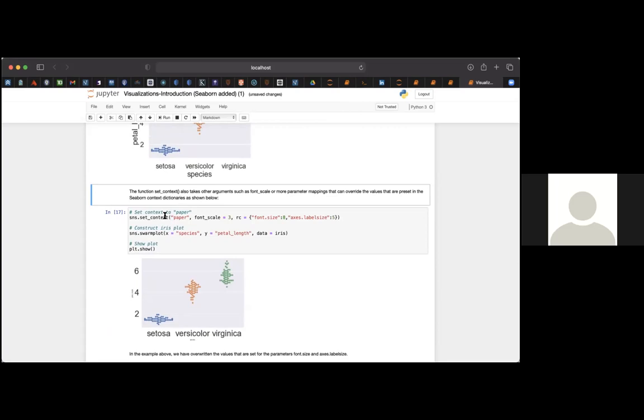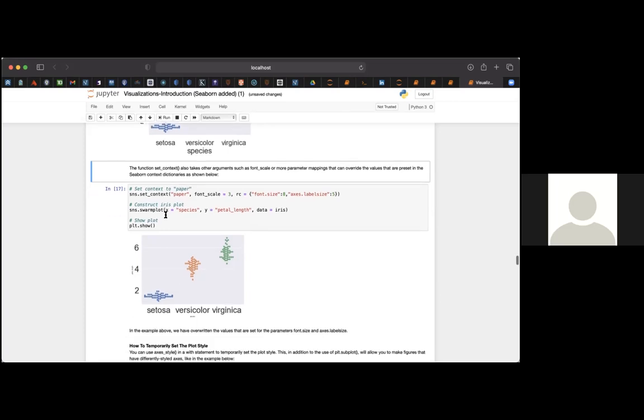you can change the parameter mapping that can override the values that are present in the seaborn context dictionaries, like paper. Here you are given font size, axis size, and it gives you